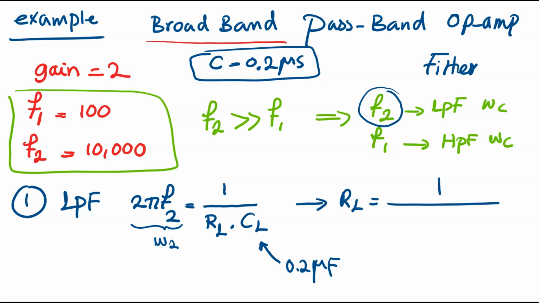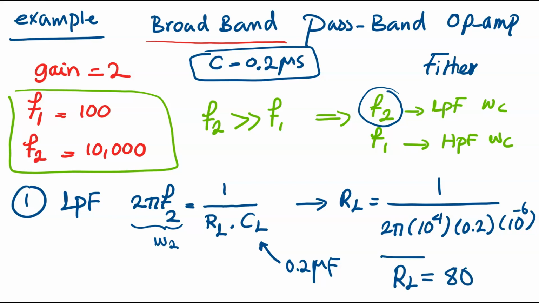1 over 2 pi multiplied by f2, which is the higher cutoff frequency, and that's 10 to 4, and multiplied by 0.2 multiplied by 10 to minus 6 to consider the micro. If you do the calculation, you're going to have RL equal to 80 ohm. Okay, now let's go to the next step, which is